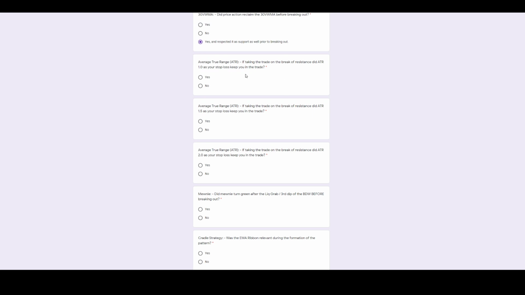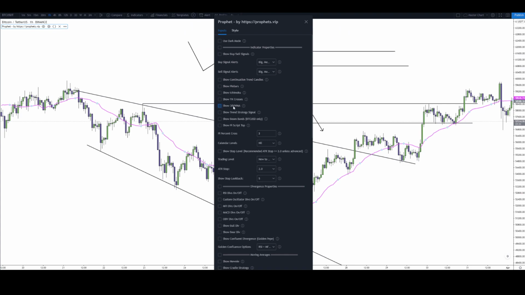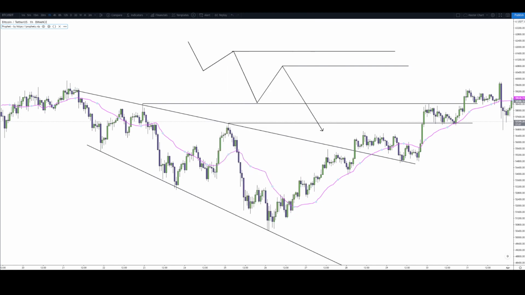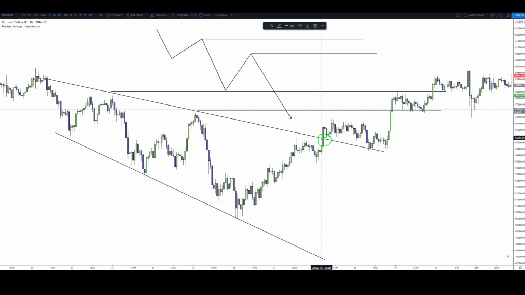ATR, right. If taking the trade on the break of resistance, did ATR 1.0 as your stop loss keep you in the trade? What we'll do is we'll go back through this trade setup. Throw on our ATR, change this to 1, right, and go OK. Let that load. So what we want to be doing is identifying when we broke out, which is here, and then we want to enter here. This is our hypothetical trade. We enter here,